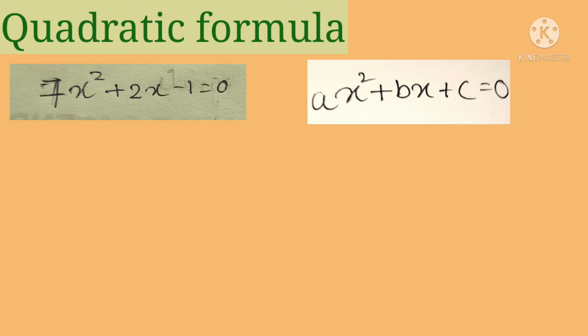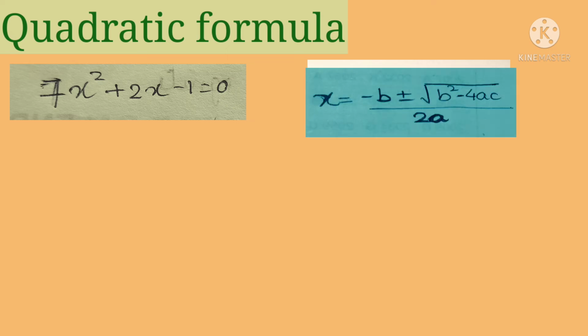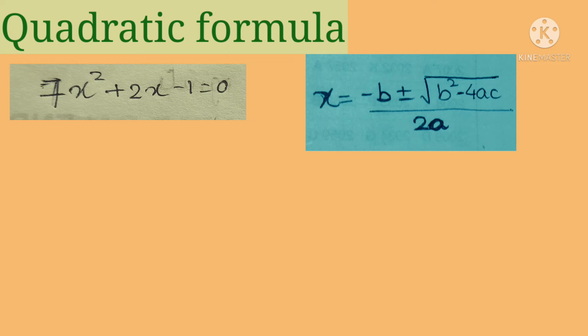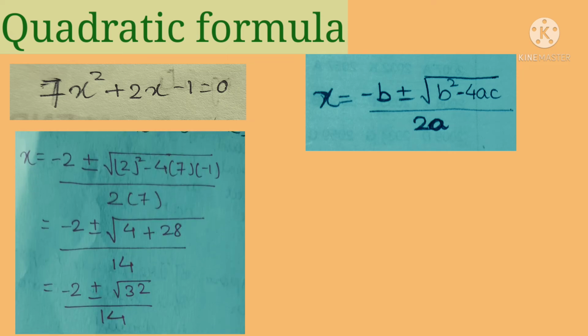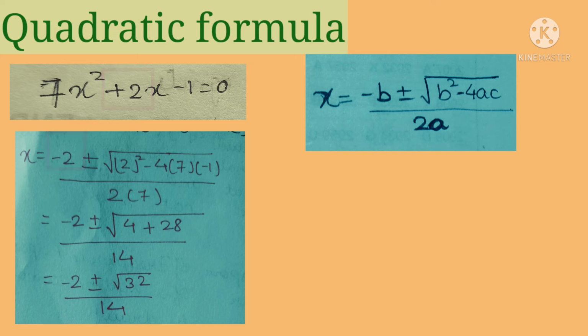Okay, let's compare with ax squared plus bx plus c, which is nothing but the general equation, in which a is equal to 7, b is equal to 2 and c is equal to minus 1. Here I have represented the formula also, the quadratic formula, as we have discussed. So minus b is nothing but minus 2 over here, plus or minus